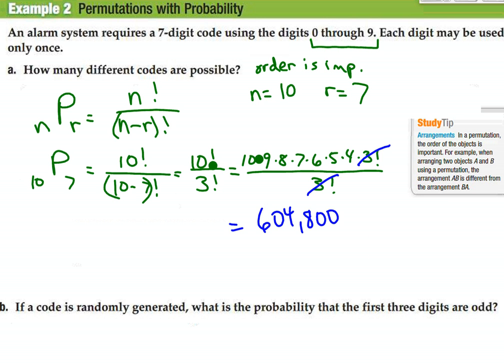Oops, I went too far. And notice that what we end up doing when we set up this permutation problem is 10 times 9 times 8 times 7 times 6 times 5 times 4. And both of those should work out the same way. And now you know what, I want to move that, but before I do, I'm going to